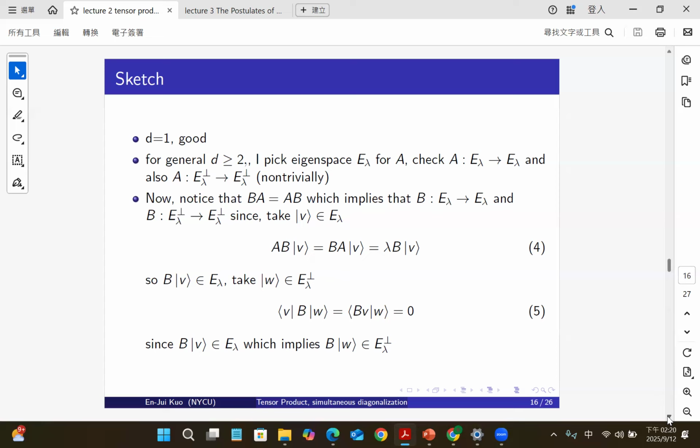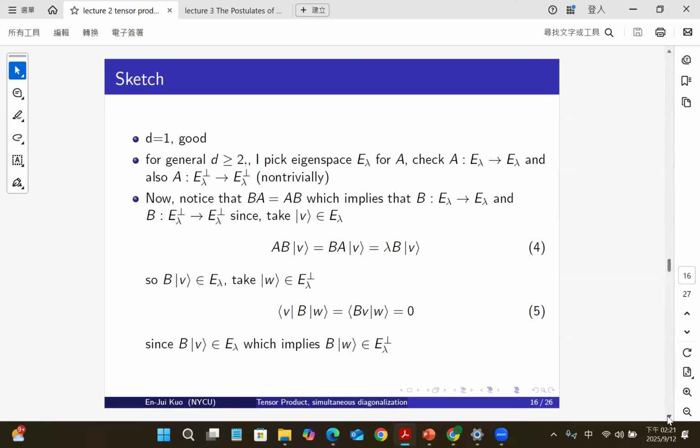这个 E lambda 就是 eigenstate 生成的空间。E lambda 垂直的就是所有的 state，所有的向量的集合，里面每一个元素，当你 take x 在 E lambda 的时候，它跟它内积是0。就是垂直于 E lambda 的空间，E lambda perp 里面所有的向量都要跟 E lambda 里面的垂直。So all the vectors in E lambda perp should be orthogonal to all the vectors in E lambda. This is the definition. Okay. So obviously that A will map E lambda to E lambda. This is trivial because A times v will be just lambda times v,